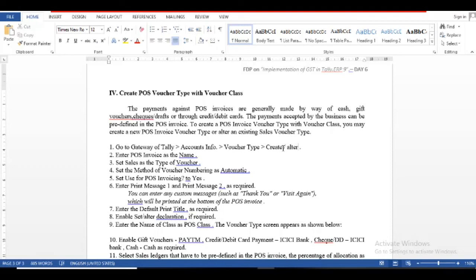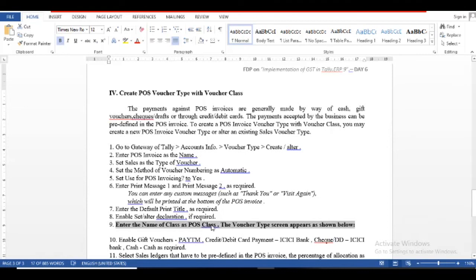We skip the type of voucher because we know it is sales. Method of numbering, message as required, thank you, visit again is not a problem, print title is not a problem, but the ninth one is most important, so I bold it for your purpose. I also give the screenshot in your material, but it does not appear here.